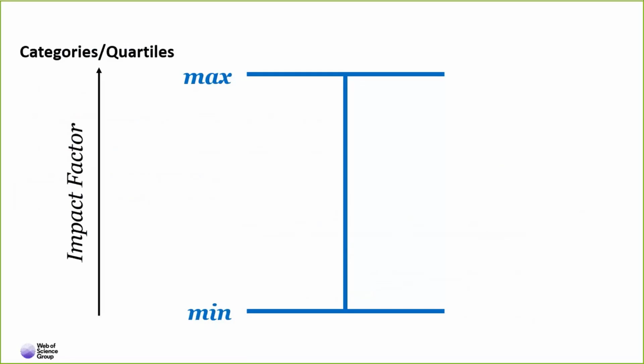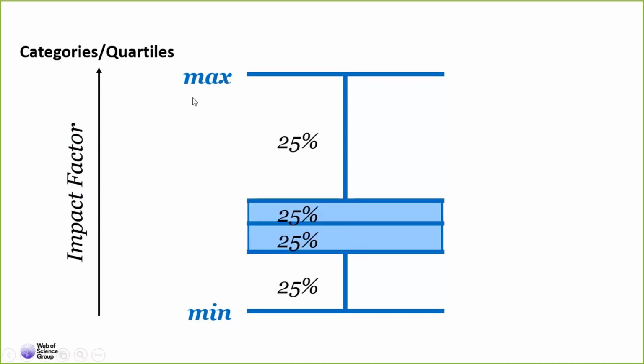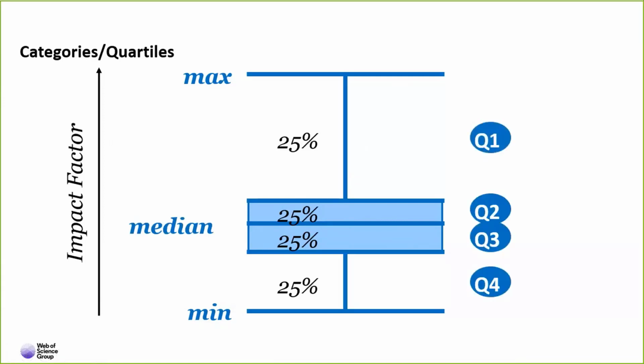So the way we do it, we classify the journals by categories. We have 234 categories, and we rank the journals by descending impact factor, so the highest impact factor at the top, and we basically divide the category into 4 quartiles. So the top 25%, let's say you have 100 journals, the top 25, we would call them Q1, and then Q2, Q3, and Q4. I'll show you that in a moment in Journal Citation Reports. So if you have 100 journals, the top 25%, so 25 journals by impact factor, we